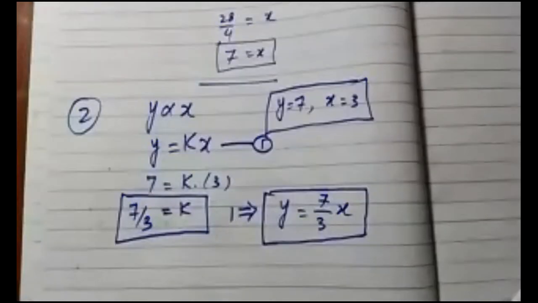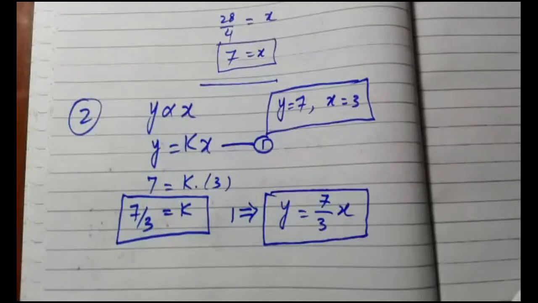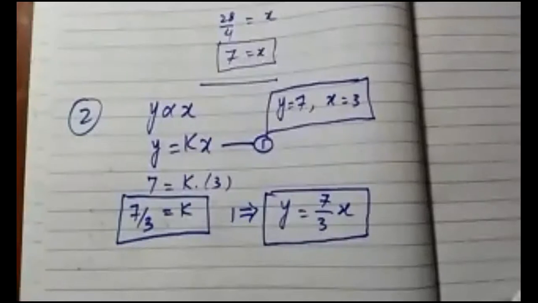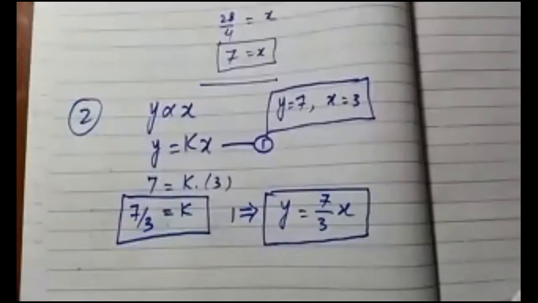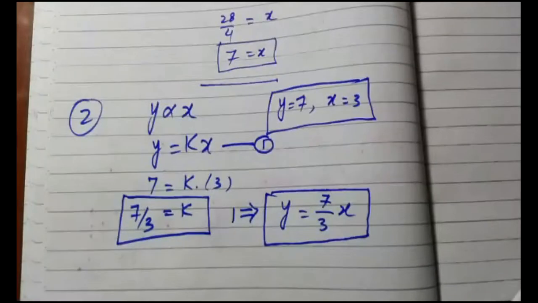Now once it has been done or solved, we are asked the second part. If you read the textbook, it is very clearly mentioned over there. Once the formula is generated, that is the formula connecting x and y according to the given conditions, then what you should do is read the statement of the question.